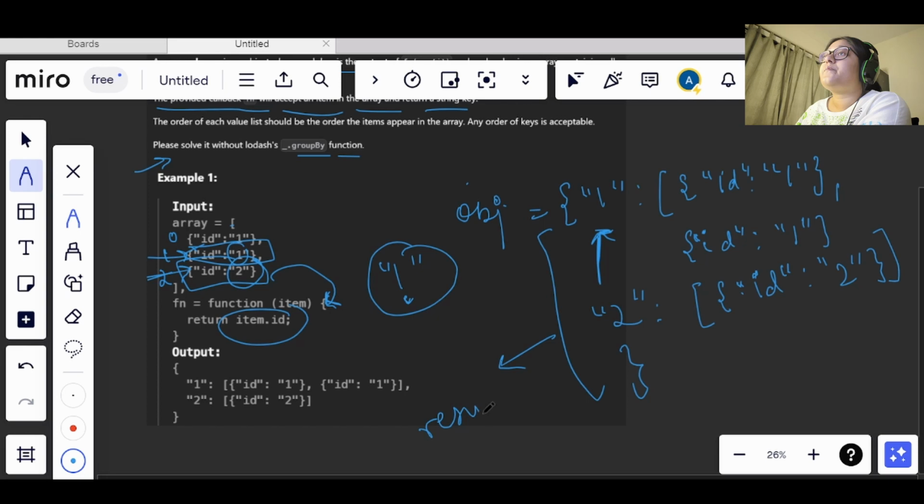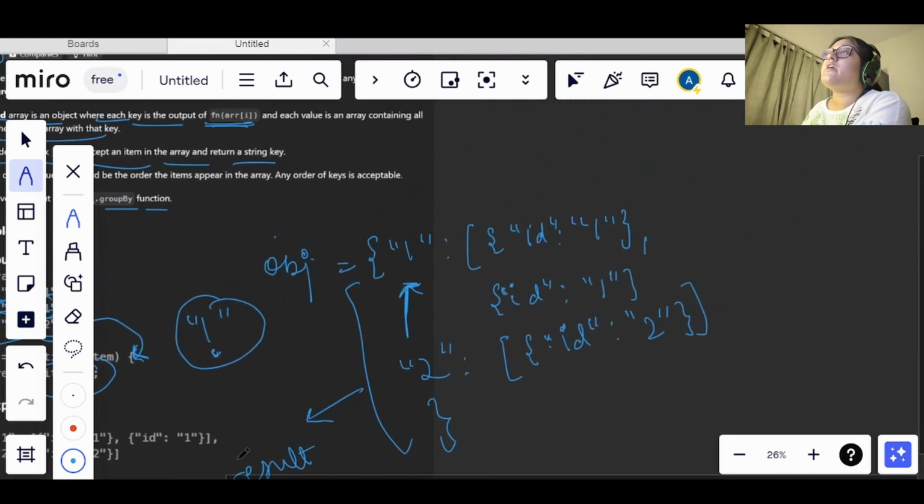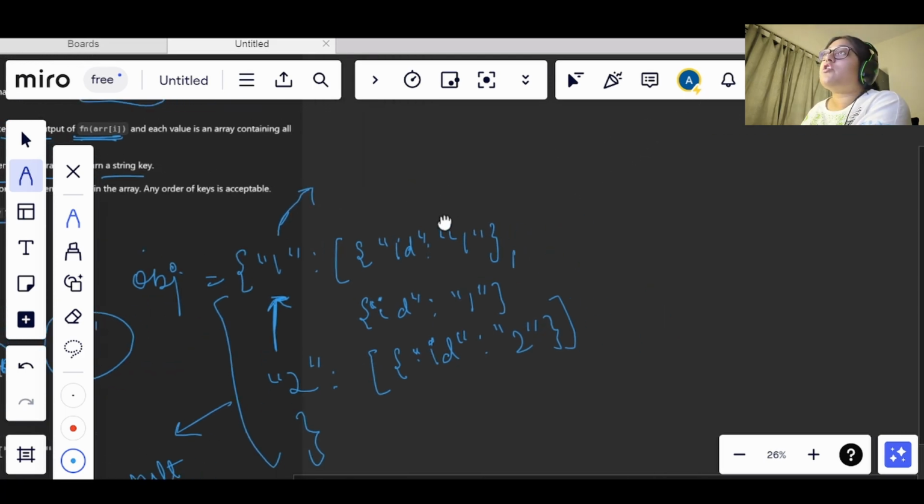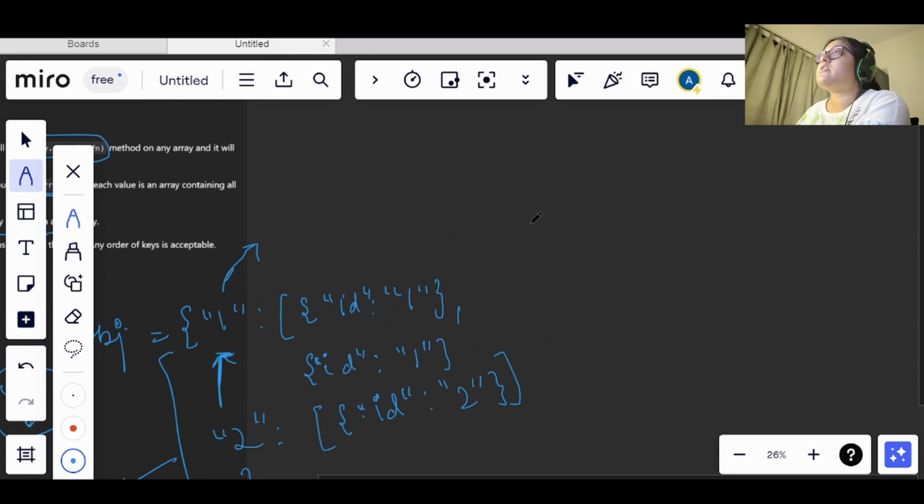Okay, now what we are doing here, first we are checking that we already have a value in this object or not, right? So for the approach of this question, we are iterating on the array, right? So we are starting from i equals 0 to i less than n, where n is the length of the array.